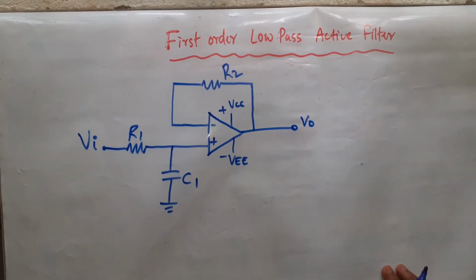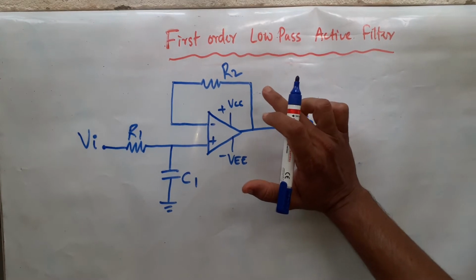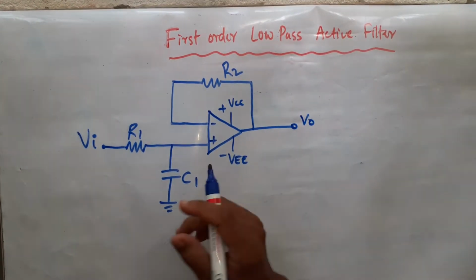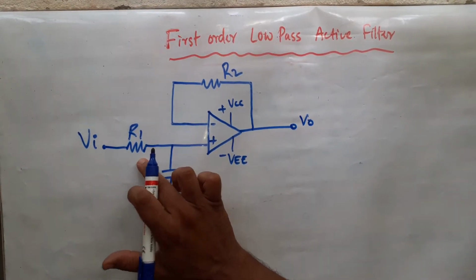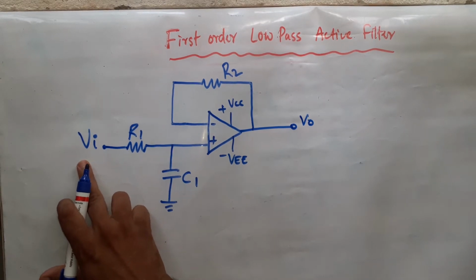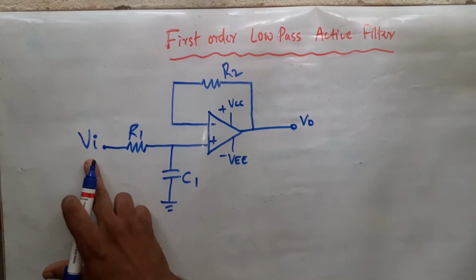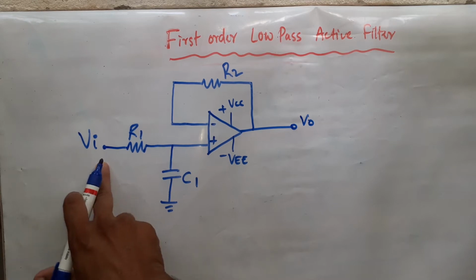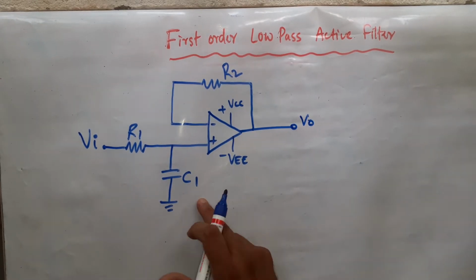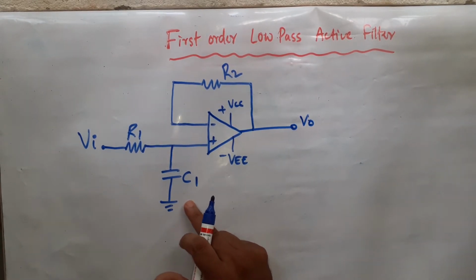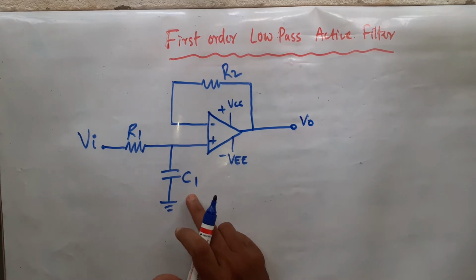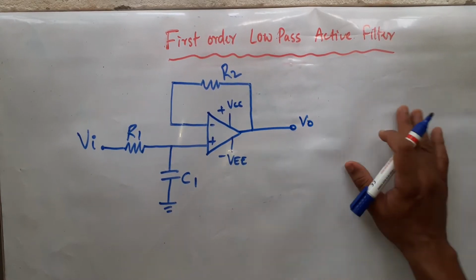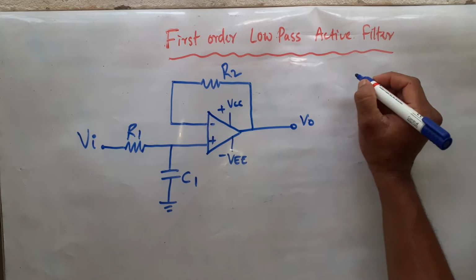where you can see there is a feedback resistor connected R2, name can be anything. There is an input resistance R1 where supply voltage is given. This is where the signal to be filtered is applied, input signal. There is a capacitor C1 connected here, which is playing a very important role. Then let me draw its output.